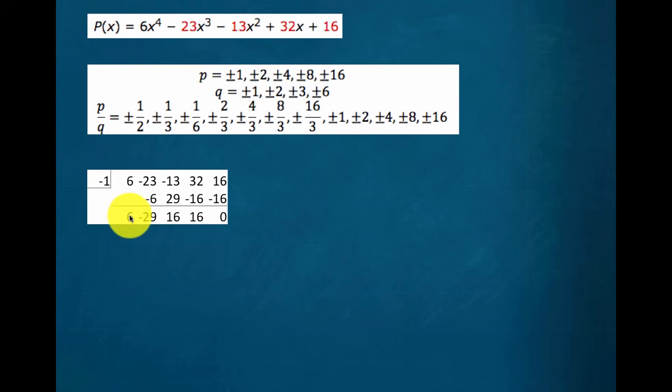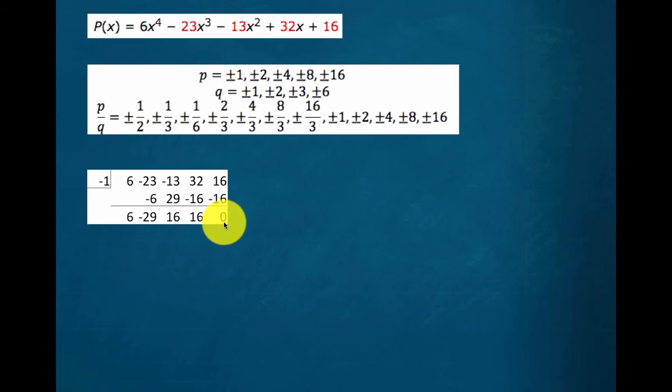We begin by pulling the 6 down, multiply, write it here, add: minus 23 and minus 6 is minus 29, multiply, write that product here, add: minus 13 and 29 is 16, then multiply again, minus 1 times 16 is minus 16, write it here, add, and we're going to get 16, minus 1 times 16 is minus 16, and then